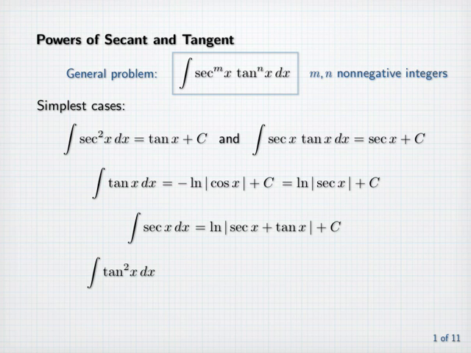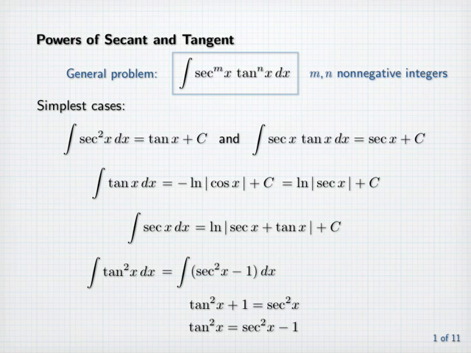The key here is to use the trigonometric identity that's derived from the Pythagorean identity, sine squared x plus cosine squared x equals 1, by dividing through by cosine squared x, which gives us tangent squared x plus 1 equals secant squared x, which tells us that tangent squared x is the same thing as secant squared x minus 1. So let's rewrite the integrand there as secant squared x minus 1, and now we've got two terms that we can integrate. Secant squared x gives us tangent x, and minus 1 gives us minus x, and we add our